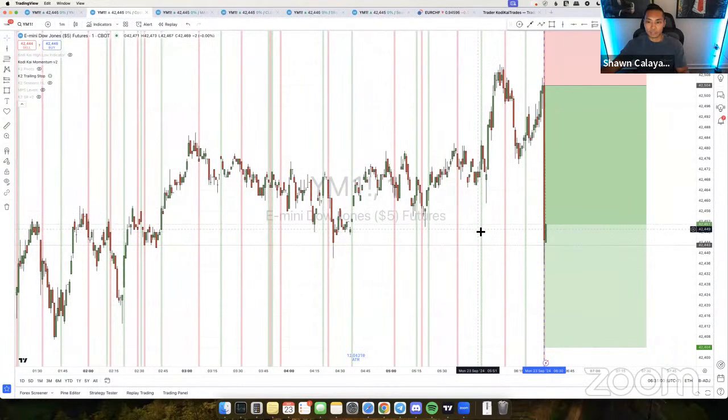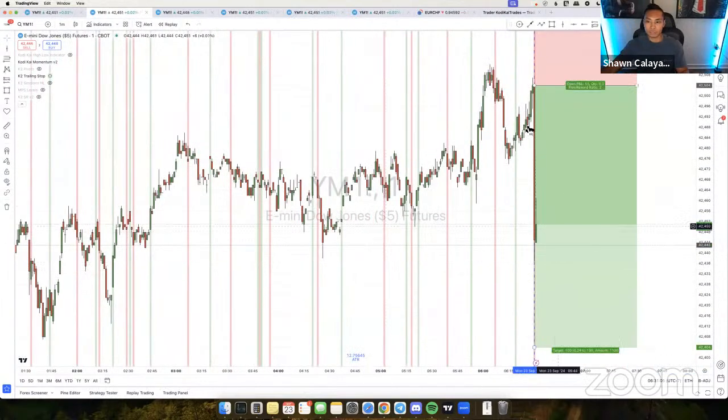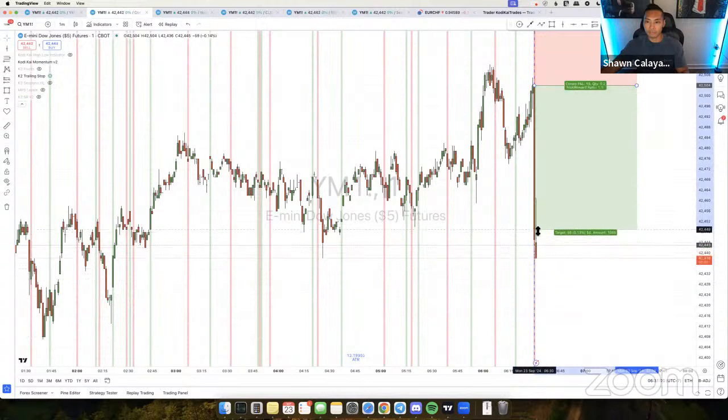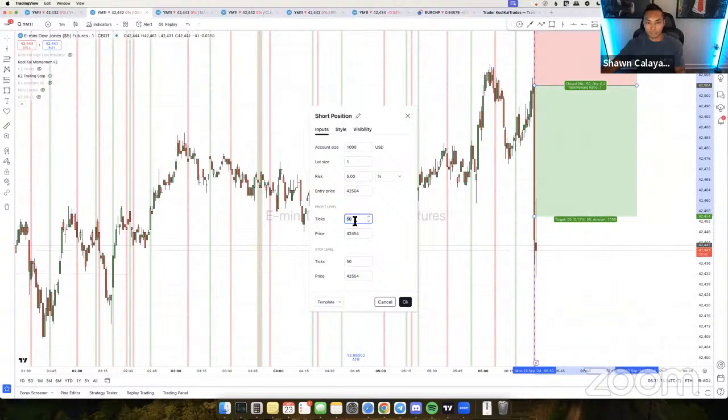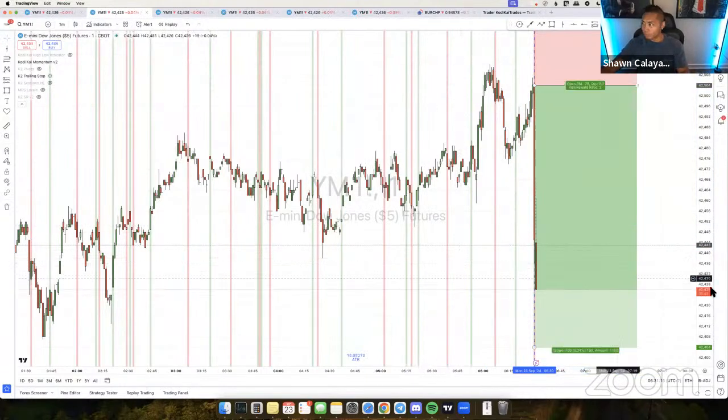I gotta turn off my trailing stop. It's still running right now. It's probably gonna keep dropping, but my trailing stop triggered at 50 right here. So I ended up getting out at 50, which is all good, I guess. Wanted that full move though. All right, so the breakout's still technically running for the full move.